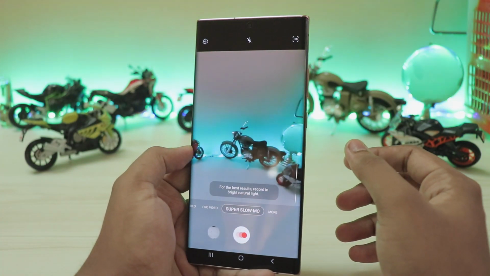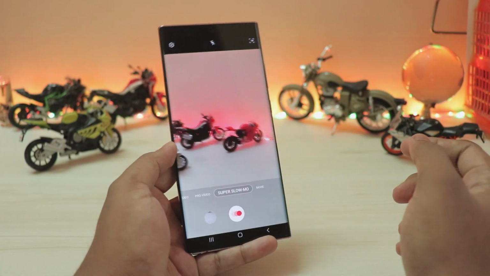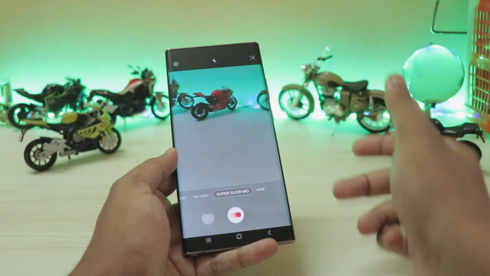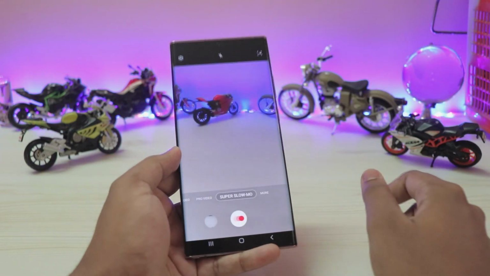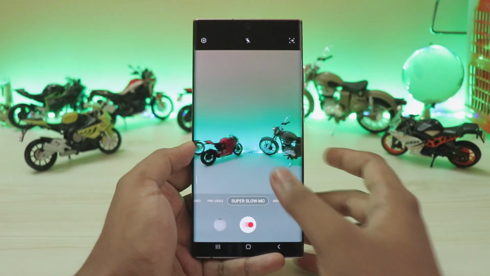So that's really neat, but still the super slow-mo quality is utter garbage when compared to even the Galaxy S9. This is just crap. It's very oily and faded out. You can't even make out the grooves on the table. Like, look at that, it's just plain. So I don't know what's happening right over here. Either the 108 MP camera can't do it, but yeah, super slow-mo is crap.